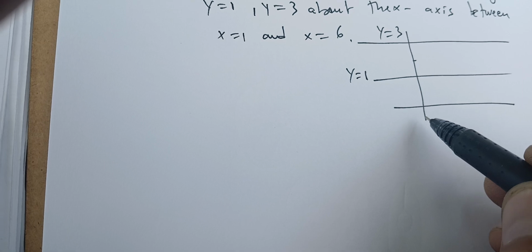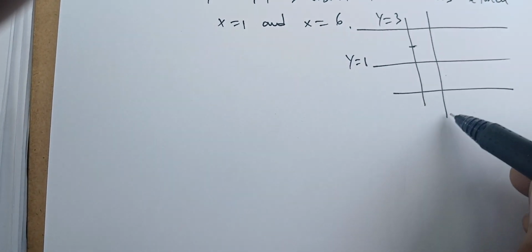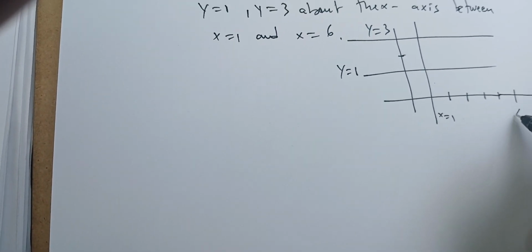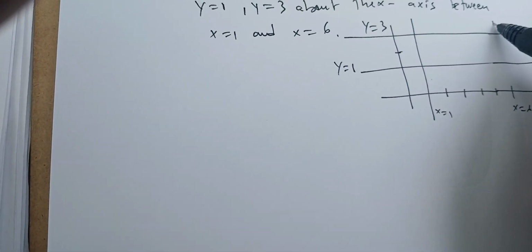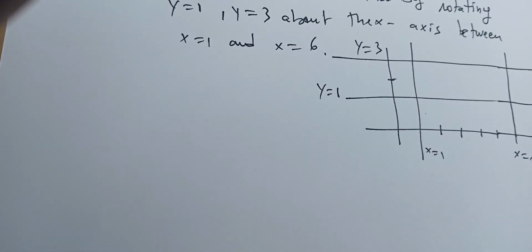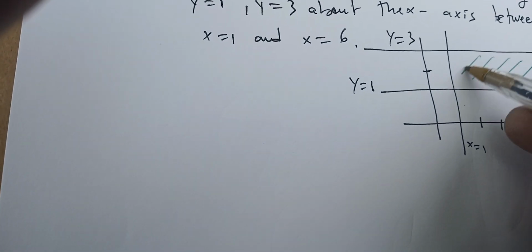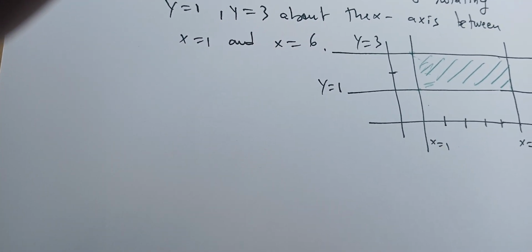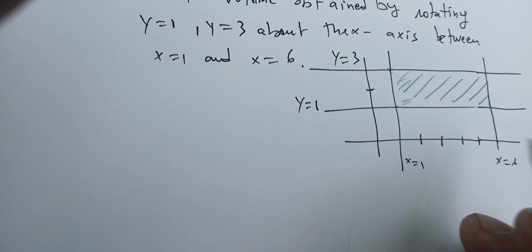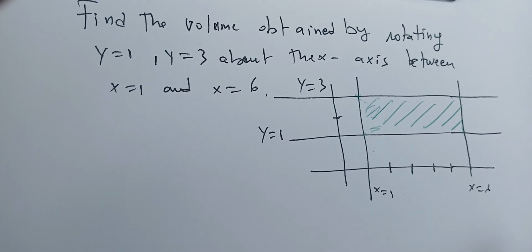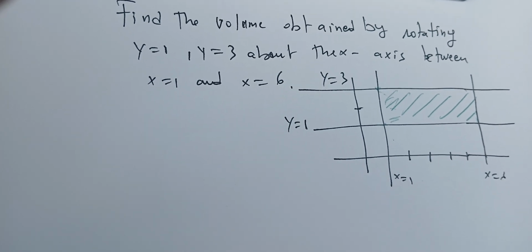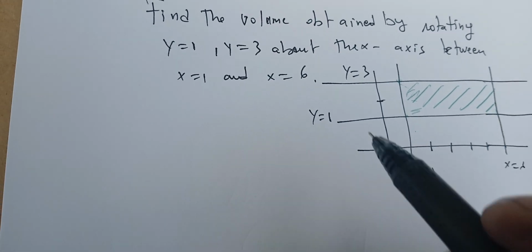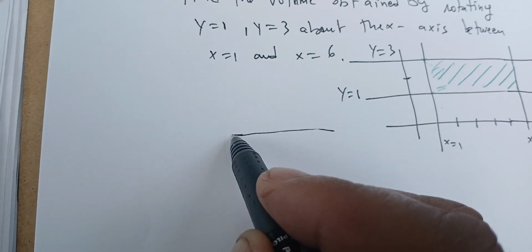y equals 3, and x equals 1. The region bounded in this case is given in green. Okay, so this is our region here. When we rotate this region about the x-axis, we see the following. First we think of this region as,